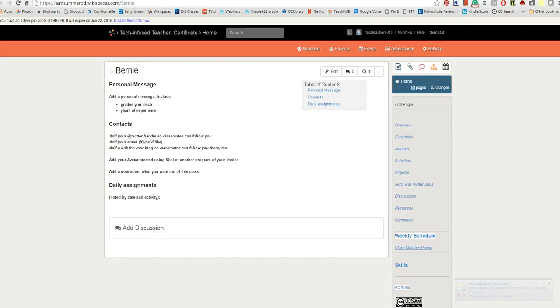Pick an avatar that you just like, but doesn't have a soccer ball because you love soccer, doesn't play the violin because you love violin, none of that stuff. Okay, and then a note, and then down here under daily assignments, this is where you're going to put your projects. You're going to put the date, and then you're going to put the project, and this is a digital